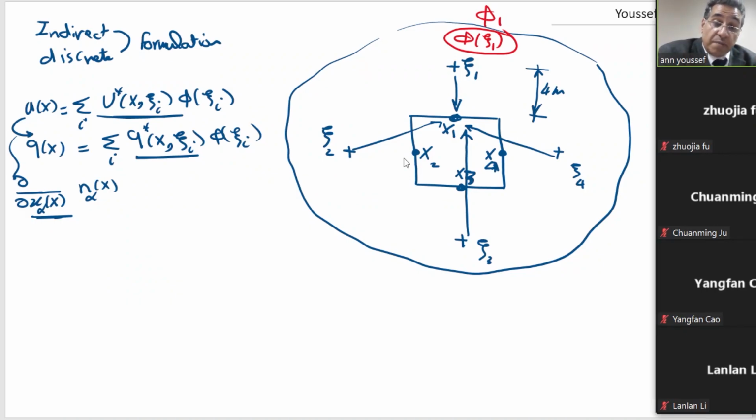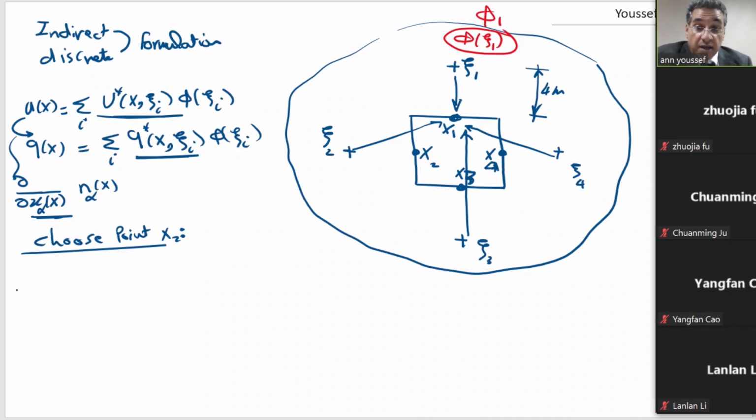For example, if I want to write this equation at a point, let's just choose point x2. For my choice of point x2, I can write directly